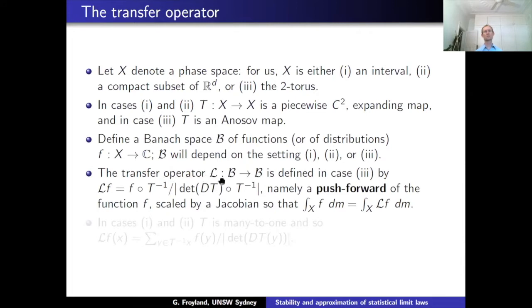So the transfer operator, in this third case, where you have a diffeomorphism, your dynamics is invertible, you have this simple formula for the transfer operator. It's simply composition with the inverse of the map. That means you're a push forward on functions under the dynamics. And then you have the scale factor, which is just coming from change of variables under T, change of variables in integration. The reason you have this is so that the Lebesgue integral of a function is preserved under the action of L. So if f is a density, when you push it forward, you want it to be a density again, and so you have to rescale by this Jacobian factor.